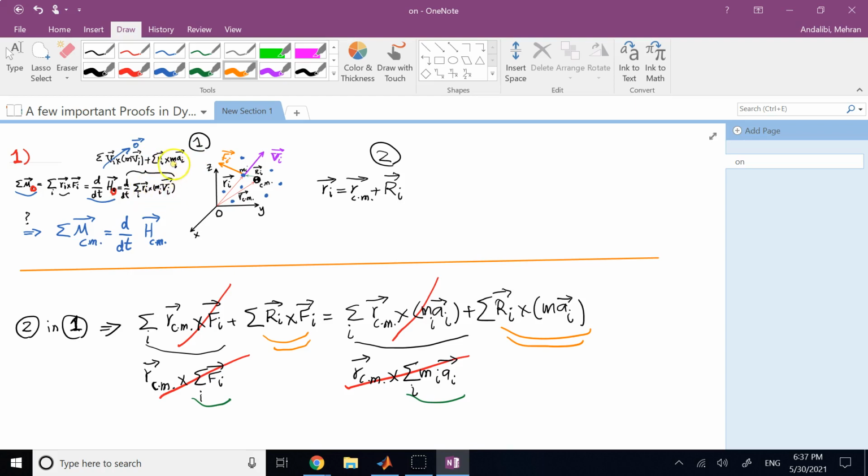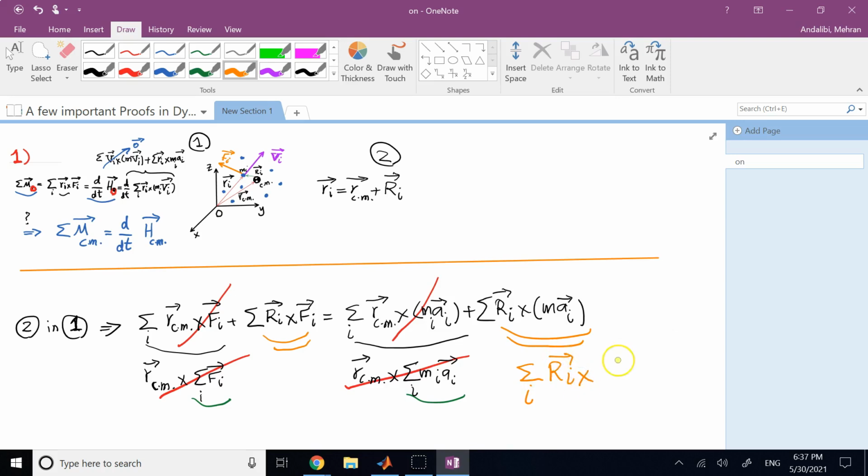RiMiVi, correct? They are the same thing. Can I rewrite this? Is there any way I can rewrite that one? Or you have to go through something? Well, let's see if we can go through any proof and show that that's the same as writing it as summation over i of Ri